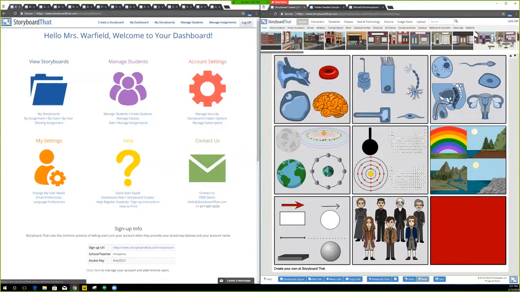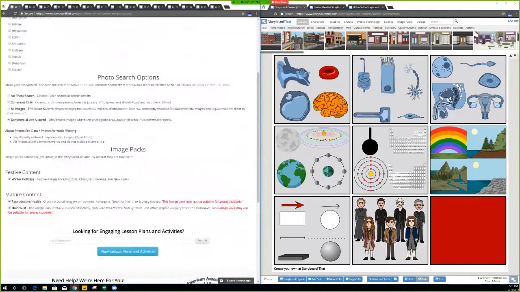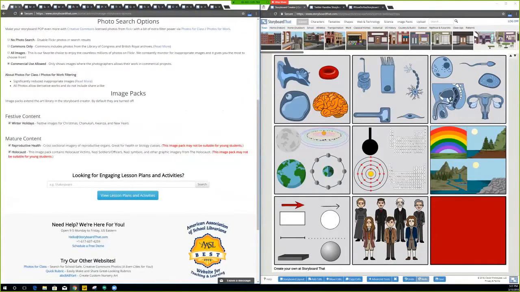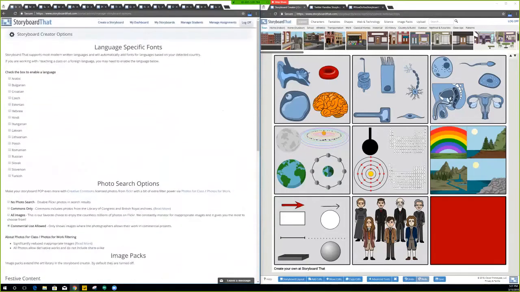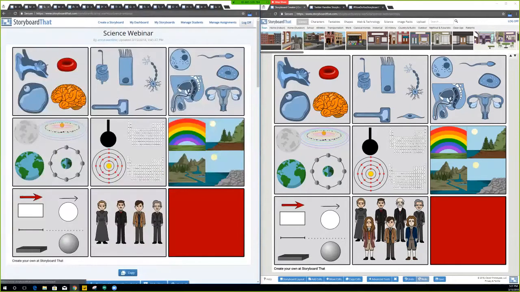And I want to go into the Storyboard Creator options because some of the images that I'd like to show you today are actually under image packs. So in order to find these images, I need to select reproductive health. Okay. And let me get to my science webinar